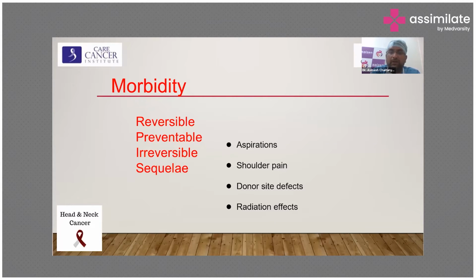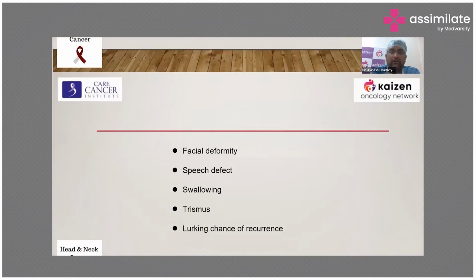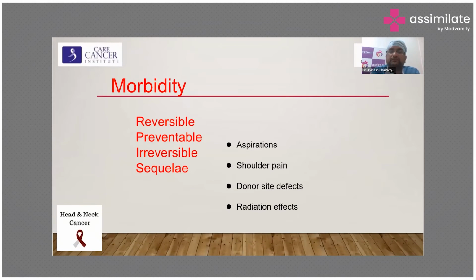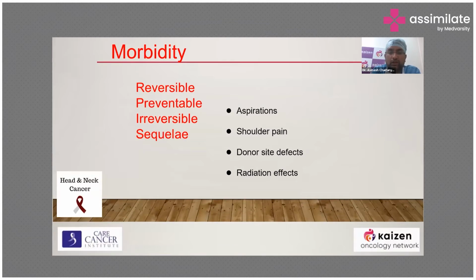There will be shoulder pain and chest pain, and the donor site defects will be there if they don't heal properly. And post-op, if they are going for radiation, there will be the side effects because of radiation that are always there. These are all either reversible, preventable things that are there. Shoulder pain, usually all the patients get, but it can be treated with some physiotherapy and exercise. Aspirations are totally preventable, and radiation effects are irreversible, and sometimes they are considered as the sequelae of the effect